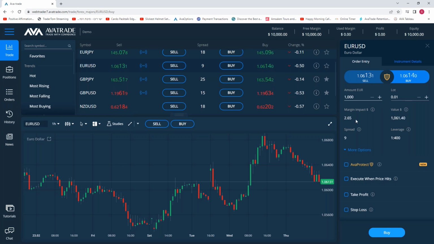It costs you $2.65 to open this position. Of course, you need more money than this to hold it. But this is the most affordable one. And as a trader, you need to see what capital you're working with, and based on that, you choose what you want to trade. But in a simple way of answering, I think this could be the most affordable one. Okay.